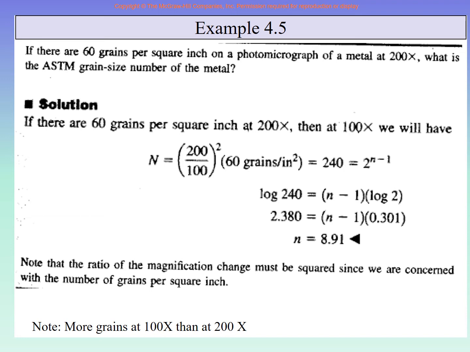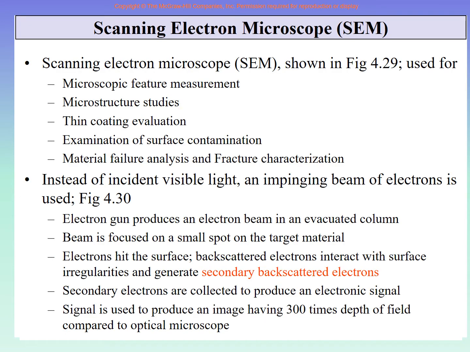You can find the grain size number and you can find the average grain diameter. For average grain diameter, we are not doing any examples right now, and we will move to the next topic. But now we can take a quick break if you want. I will pause for now, and we will try to do a mental break for you, and then we will continue. So I'm taking a small pause.